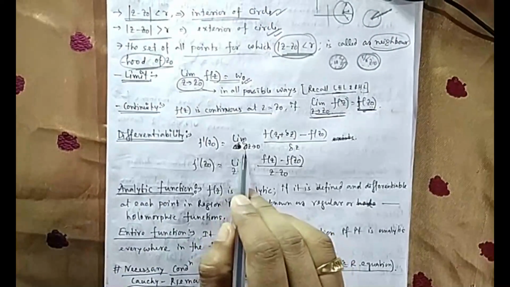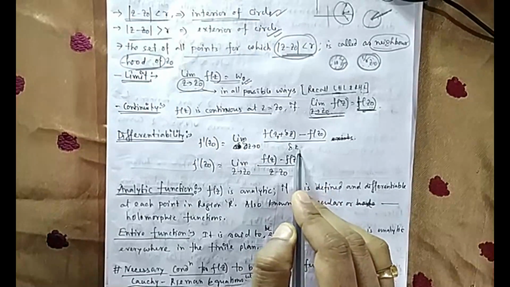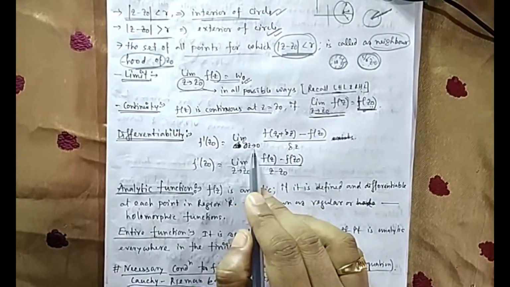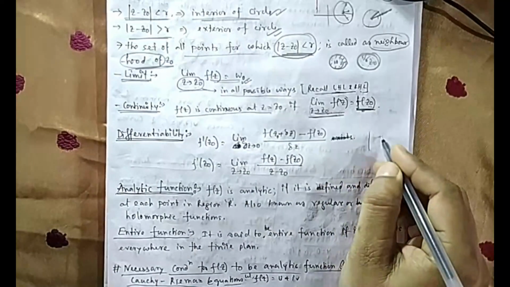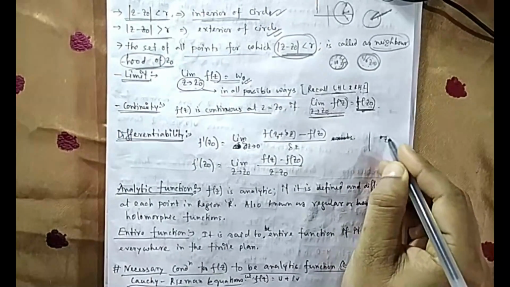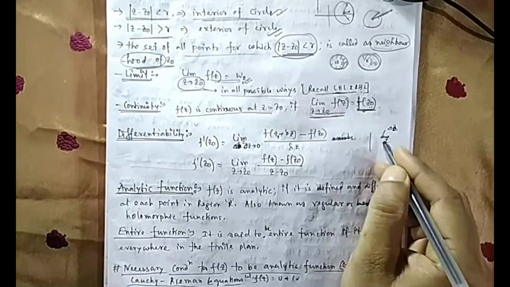Now what was differentiability? You can again see your earlier calculus. Your differentiability was h tends to 0, [f(x plus h) minus f(x)] by h. Similarly here you will go for delta z, but again here delta z can be for any movement in z. Suppose you are here, so for any movement of z, delta z, it is not mandatory that you will go in x. You can go here, you can go here.